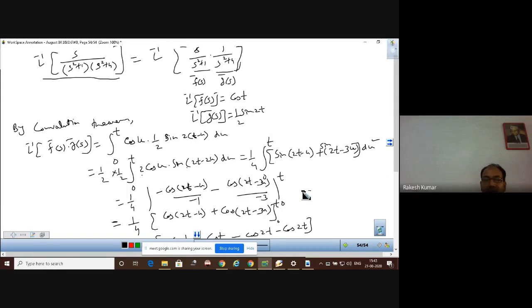So it is a very important application of the convolution theorem for finding out the Laplace inverse transformation of a combination of two functions. Remember, this is the combination of two functions. The first function is s over s square plus 1. The second function is 1 over s square plus 4. And you just need to do it in that way so that integration is possible. And you know the formula applicable for finding out the integration.